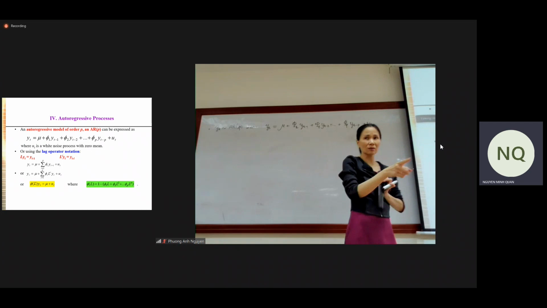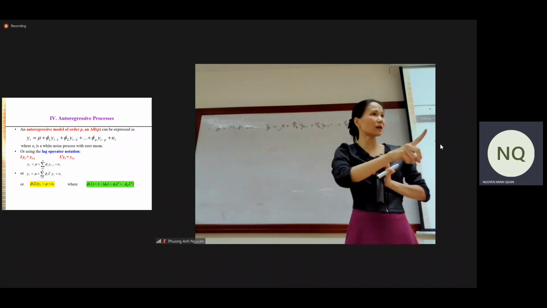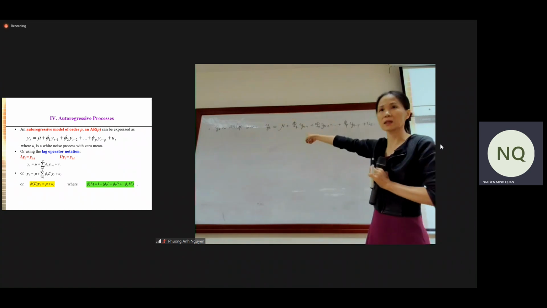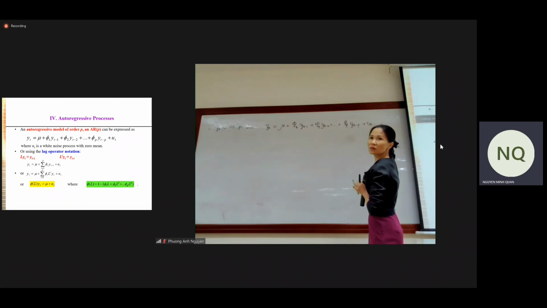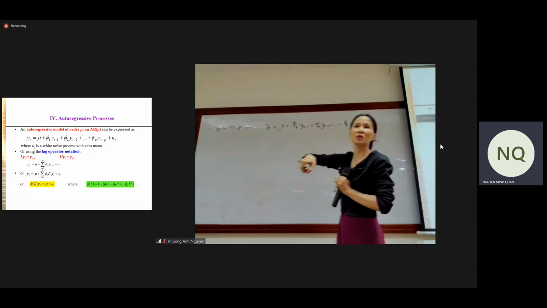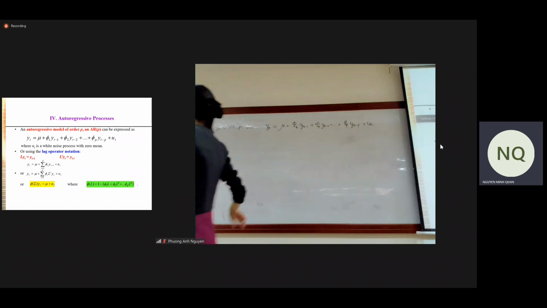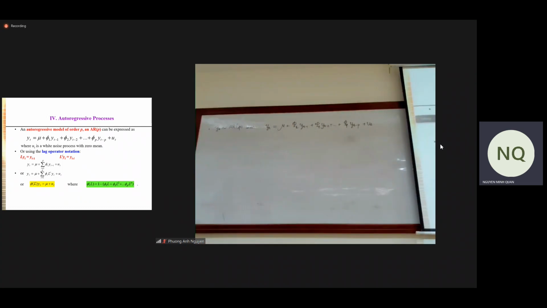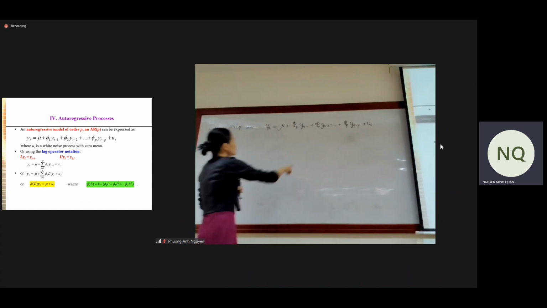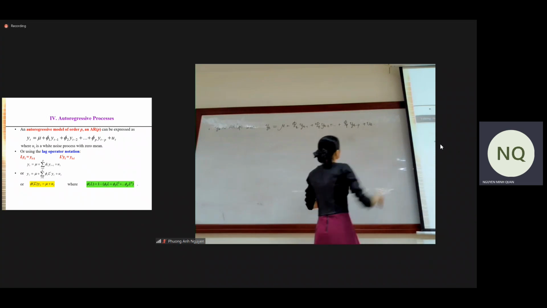You can imagine that later on you can combine AR and MA, combine MA, and then continue with some more terms, a linear combination of lags of UT. So again, a linear combination of lags of YT and then the error term,